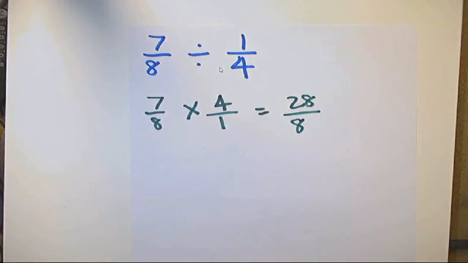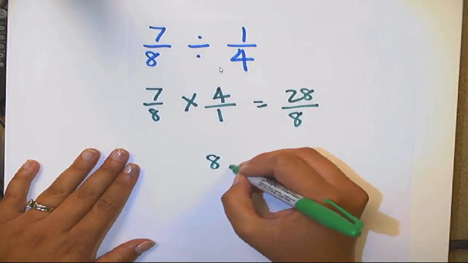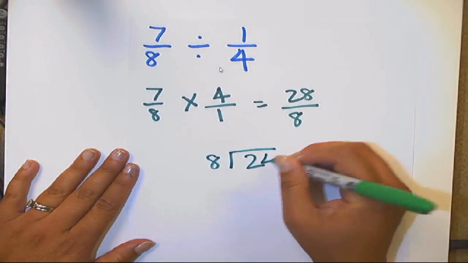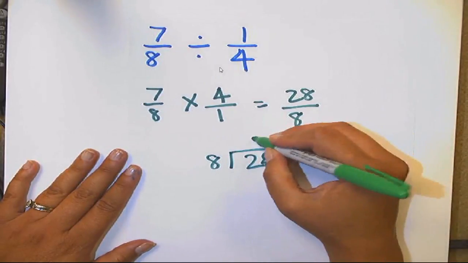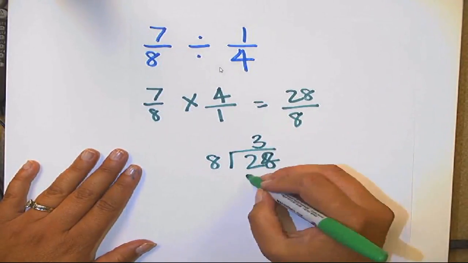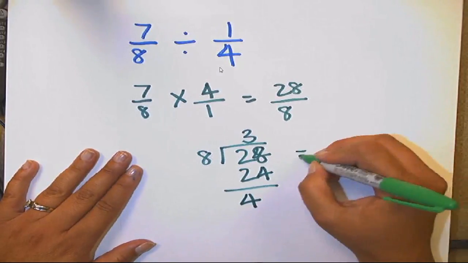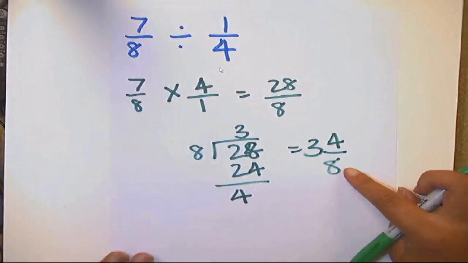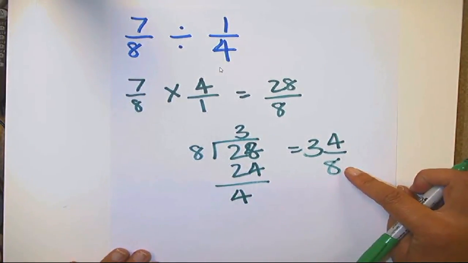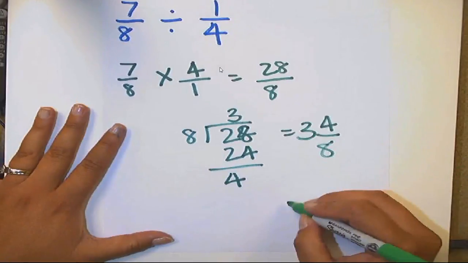I just ended with an improper fraction, which we don't want to, so let's flip that into a mixed number. So take your 8. Now with this one, we have a fraction that we can reduce to lowest terms, so make sure you do that. And you end up